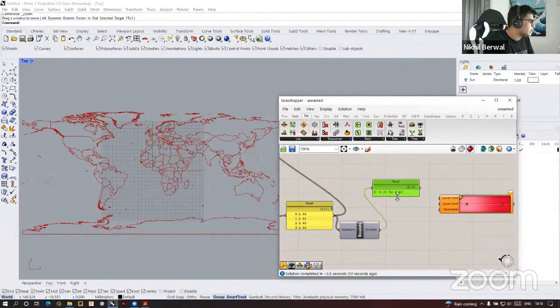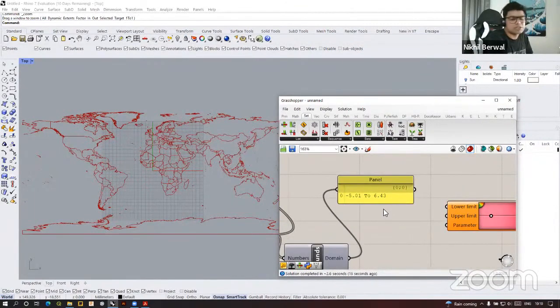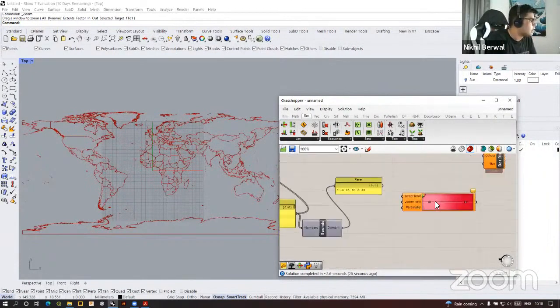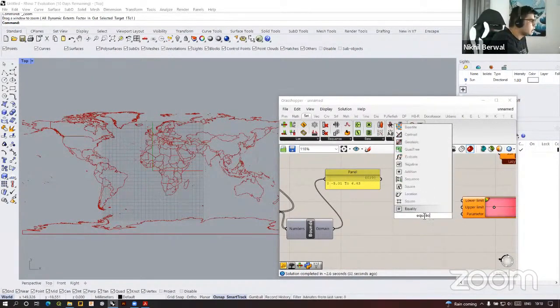It is right now minus 5.01 to 6.43. Now, minus 5.01 to 6.43 is the standard value which we get from the satellite capturing the data every second or every minute. But we can input our own equations or formulas